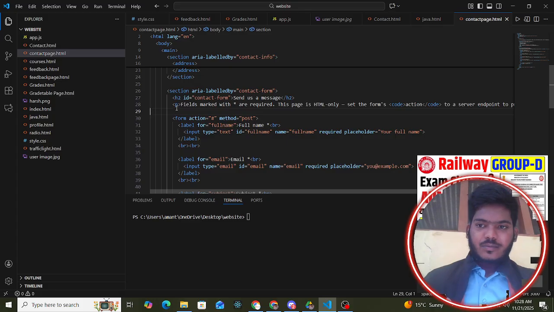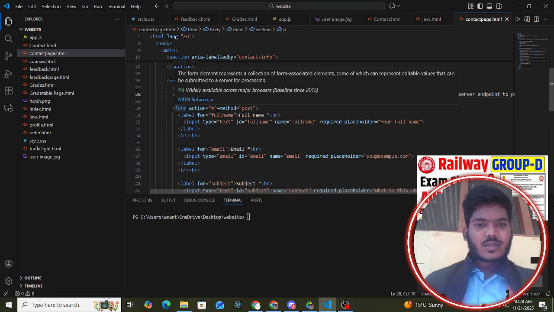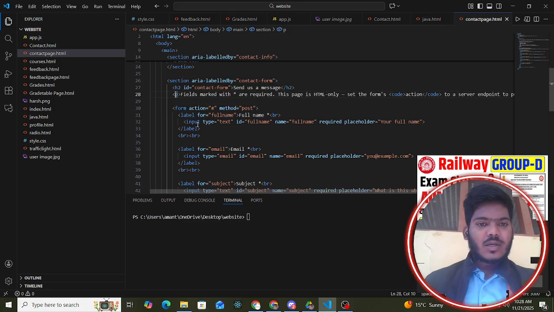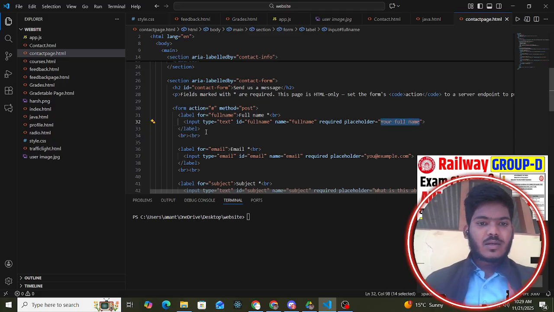And after this, I use a paragraph tag, and I use a form tag with action and method post. I use a label, full name. Also I give it a name and an input type text, where you can type any name or anything. I give it a full name ID, and also the name, required, and placeholder, which means in this blank zone I write what I want to show there for typing. For a closed label,